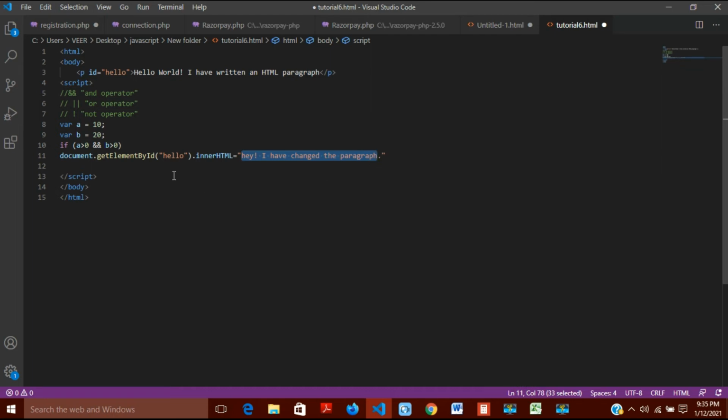Okay, so first of all, the computer has used this id hello to search this paragraph, and now using this command, it will replace this paragraph with this new one. Okay, so now